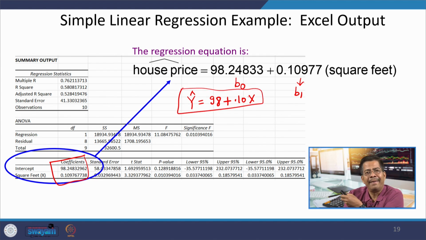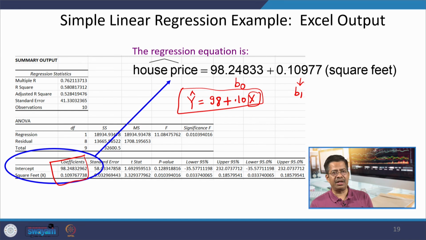Now, you can put in this equation the area of any new house, and you can estimate the possible price for this particular house. That is the predictive analytics, that you can predict that if the area of the house is this much in this city, what can be the possible price for that house. We may discuss other things which are available on the outcome of this regression analysis, but since we have not gone into that aspect, it is not advisable to have that discussion at the moment.